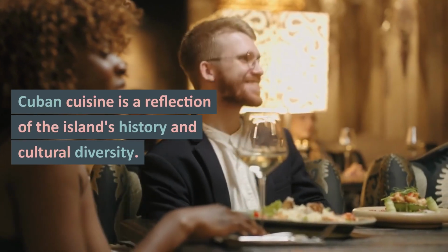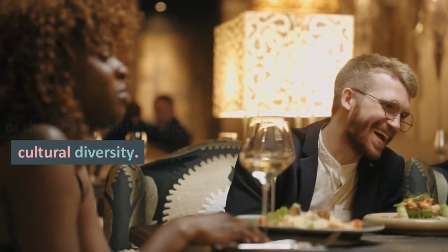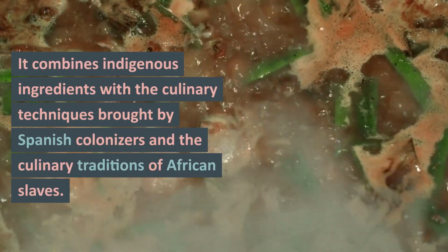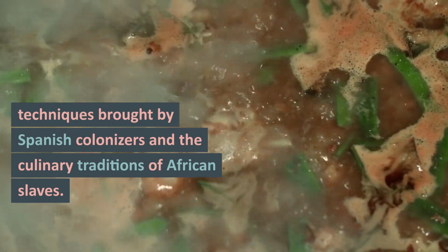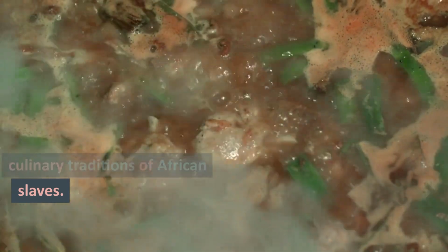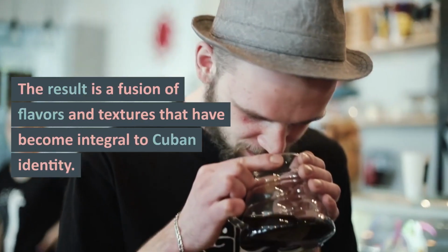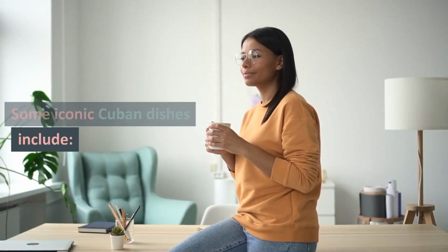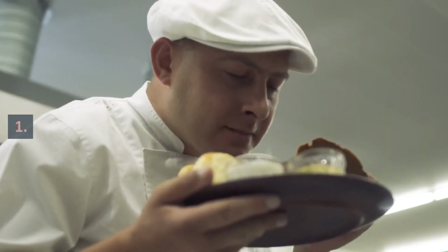Cuban cuisine is a reflection of the island's history and cultural diversity. It combines indigenous ingredients with the culinary techniques brought by Spanish colonizers and the culinary traditions of African slaves. The result is a fusion of flavors and textures that have become integral to Cuban identity. Some iconic Cuban dishes include: